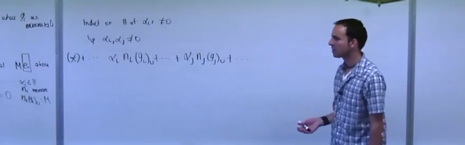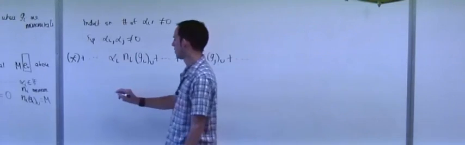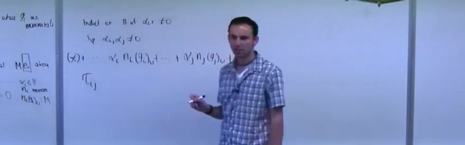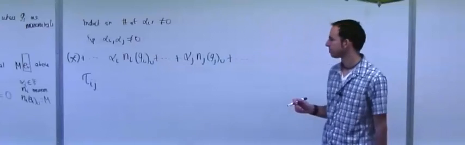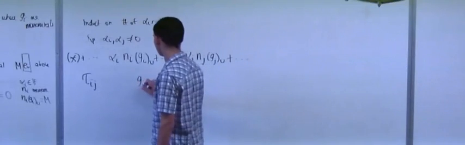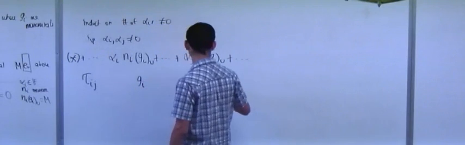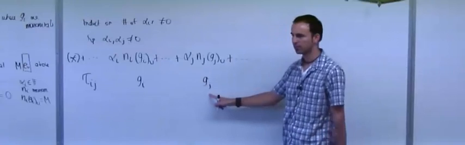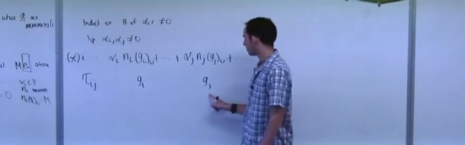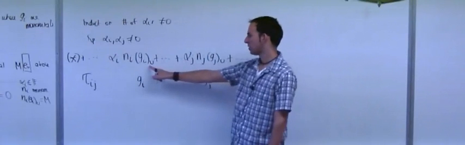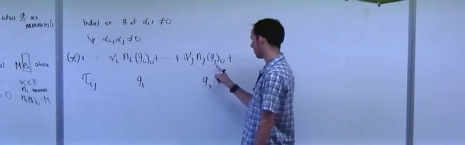But then what I claim is that if you look at what equation tau ij says, well, what does it say? It says I want to find a syzygy between gi and gj. Now, if these guys are non-zero terms, that means that they have a non-zero entry in the same